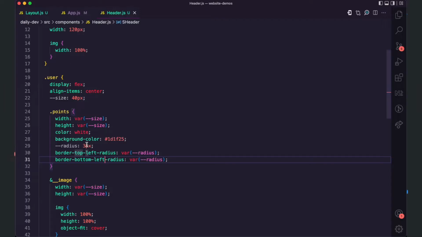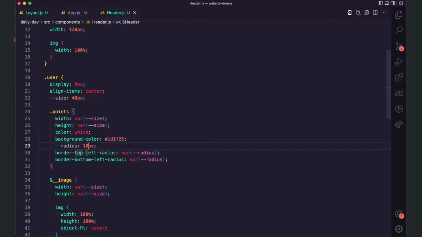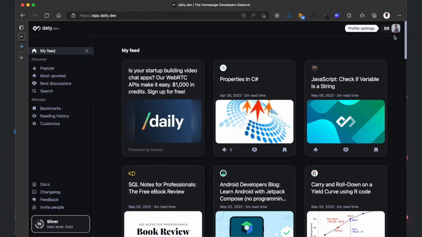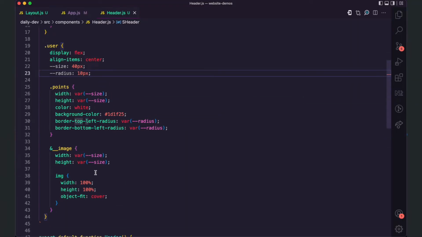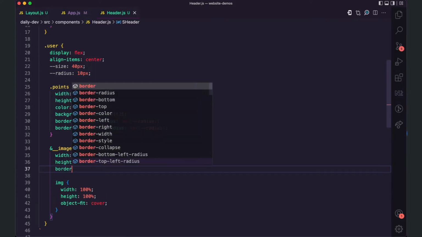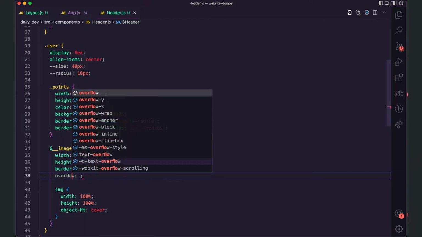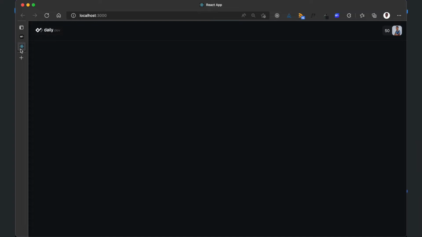Okay, 3 pixels was pretty small. I'm just gonna have 7 pixels if that makes a difference. Oh yeah, looks like it does. Maybe like 10. Yeah, works. Then the image has the same 10 pixels on all angles. So since it's the same 10 pixels, I'll have this up here so that the image can also have access to this. So this is going to be radius, and I'm also going to have an overflow of hidden so that the image doesn't show outside the radius. And boom,